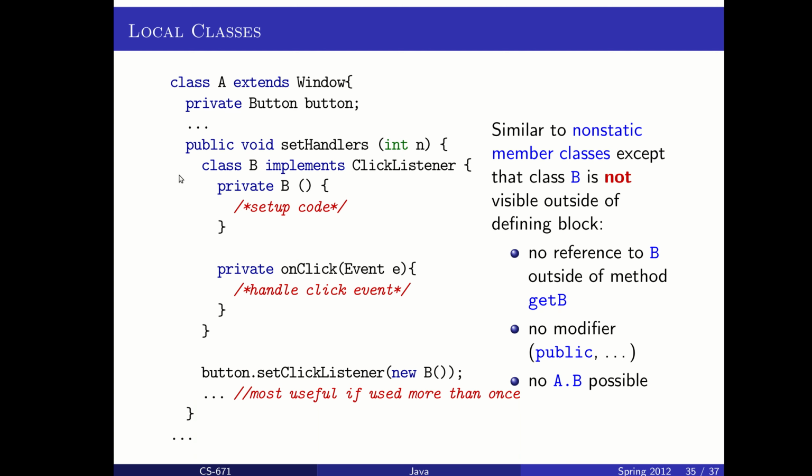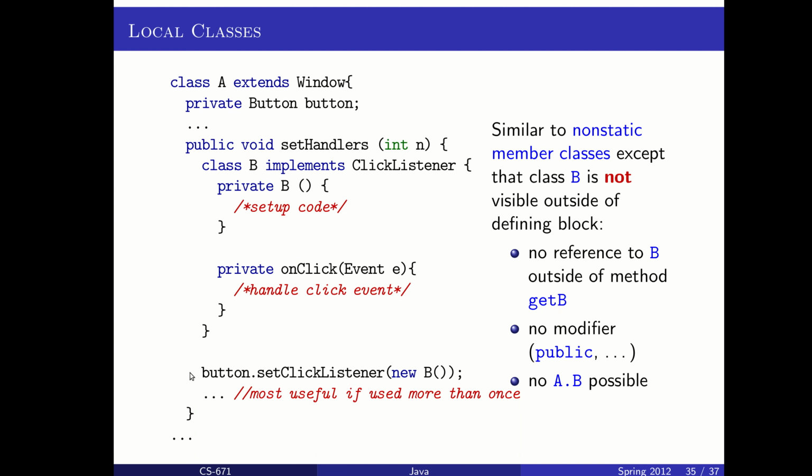We can just define it locally here. And you can see it's actually local inside of the function. So when someone says, set some handlers for my button or for my window, then it creates this new class there in the spot. It's very similar to non-static member classes, except B is not visible outside of that block